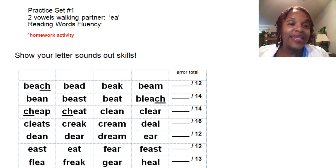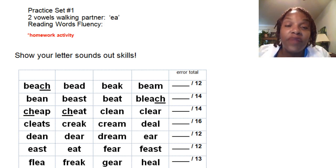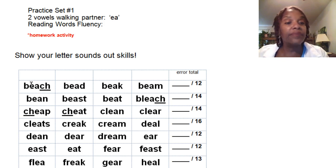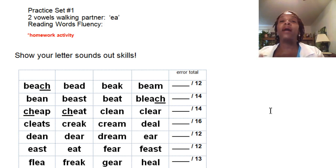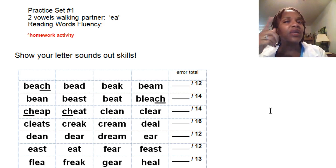So now it's time to show your letter sound out skills for the two vowels walking partner EA that makes the E sound. And this is a part of your homework packet whereby you're going to sound out each word, right? Going in the reading direction from left to right. And you're going to work with your mom or your dad or a parent or a reader teacher, I should say. And you're going to take your time, sound out the words,